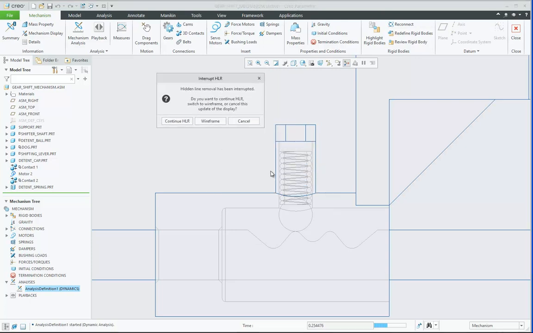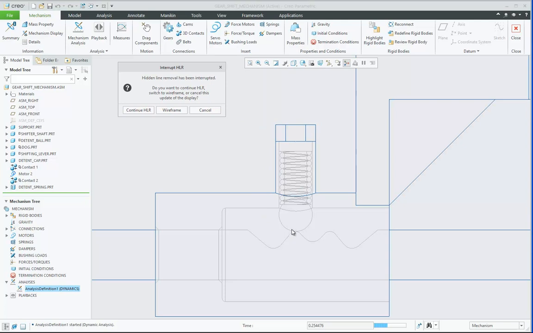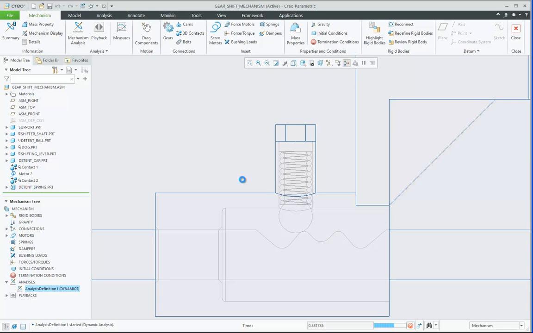Okay, so here now we can see that the ball is at the tip and it is still maintaining the contact with the spring, which indicates that the ball goes up and the spring is compressing. So that scenario we can show with the help of this flexible component, and the flexible component is shown with a different symbol over here. So that is all about adding flexibility over here.